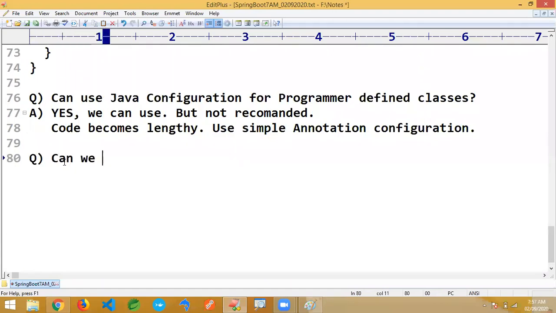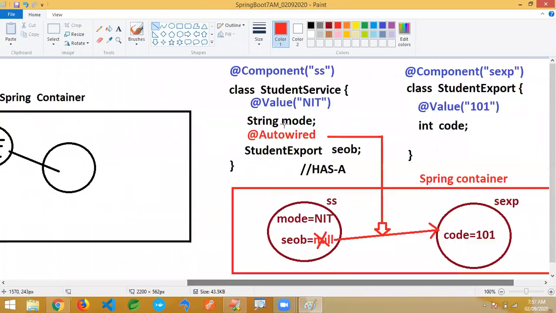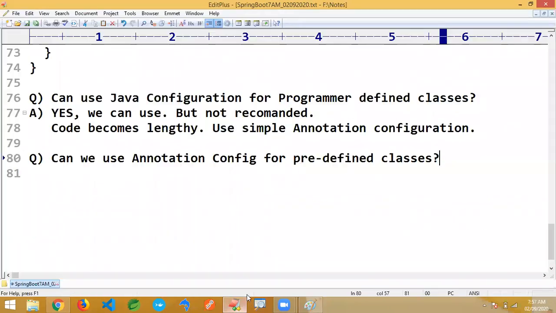Can we use annotation configuration for predefined classes? Think and give the answer. If you want to apply annotation, you have to modify the code. Very simple. You have a class. If you want to apply annotation, you have to modify the code. Can you modify the .class file?